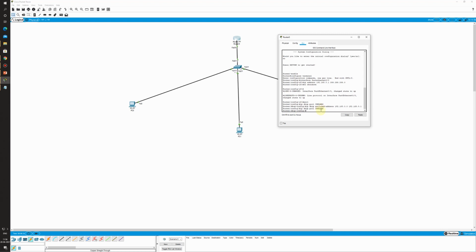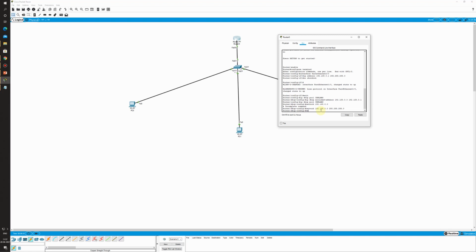Once again I will go into the pool and now I will first give the network: network 192.168.0.0 and the subnet mask 255.255.255.0. Next I need to give the default gateway.